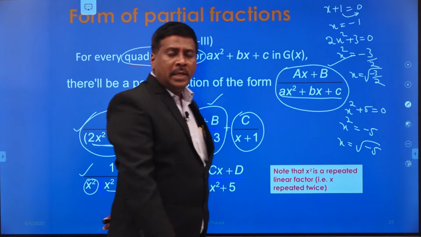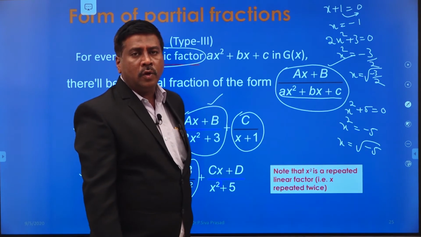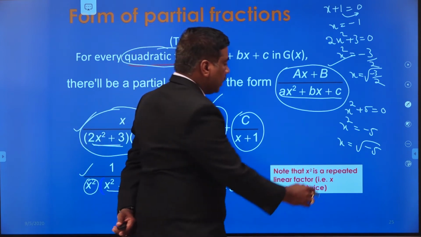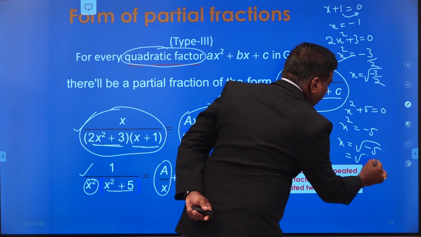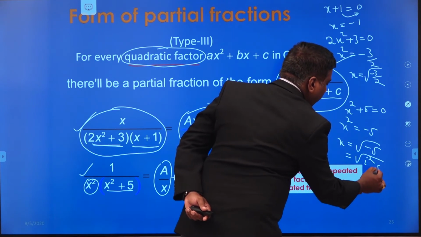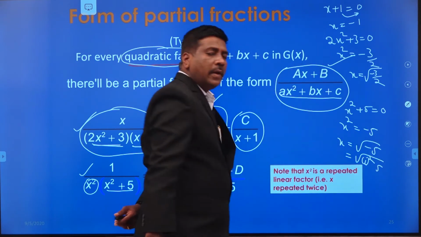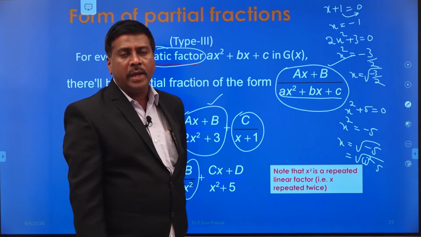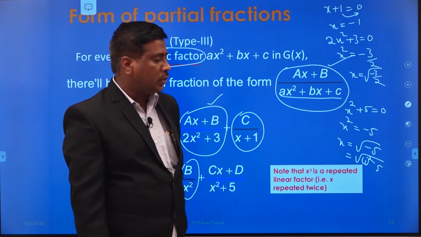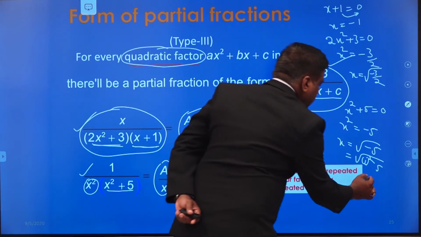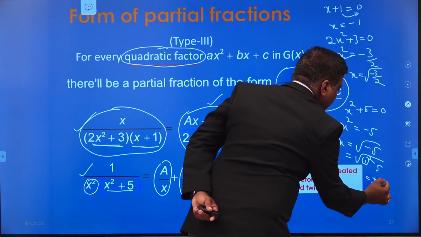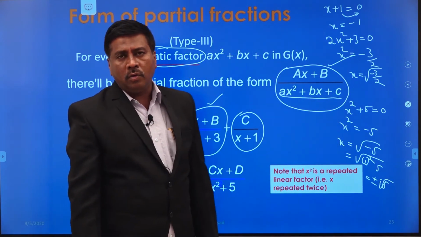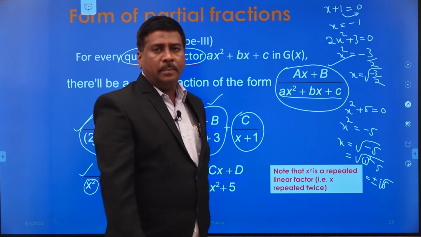Root of minus 5 means in the root the negative term is there, then those numbers are called complex numbers. Then that is equal to square root of i square into 5, because i square is nothing but minus 1. To avoid ambiguity, take i square as minus 1 in the root. Therefore this value is plus or minus i into root 5. Therefore, these are the complex numbers.